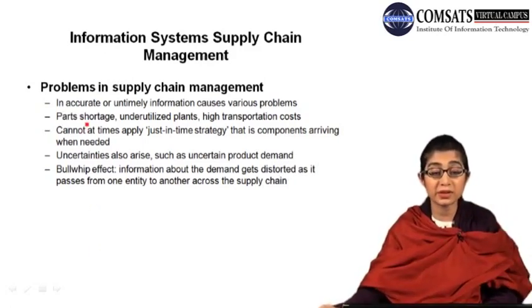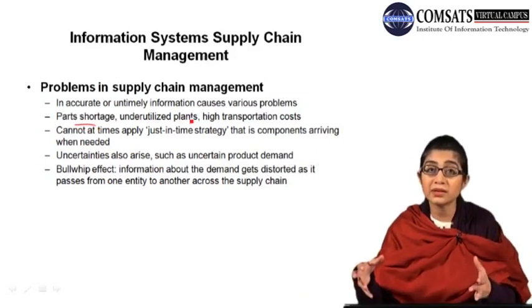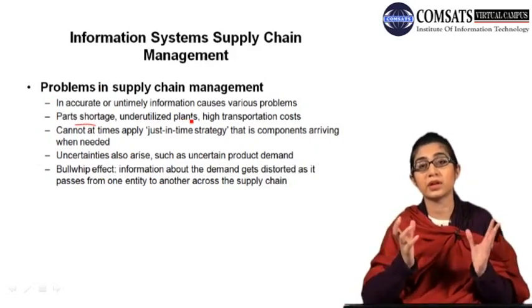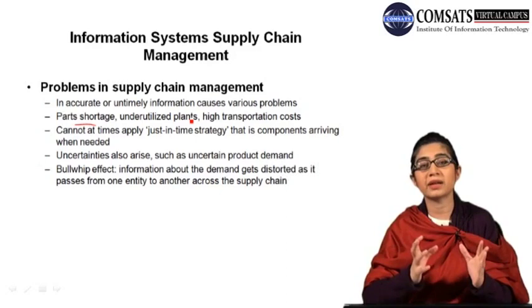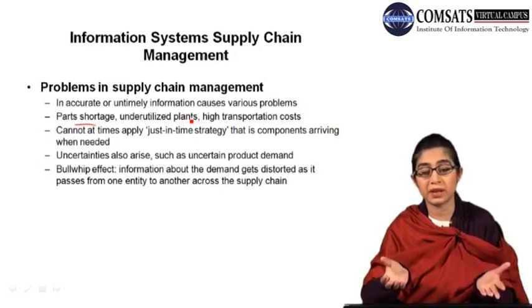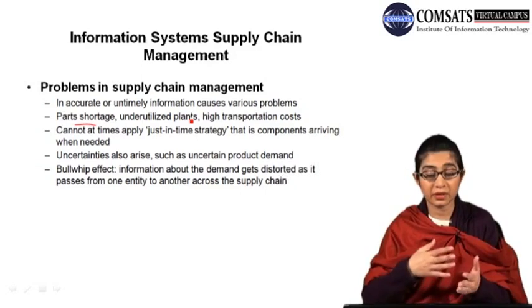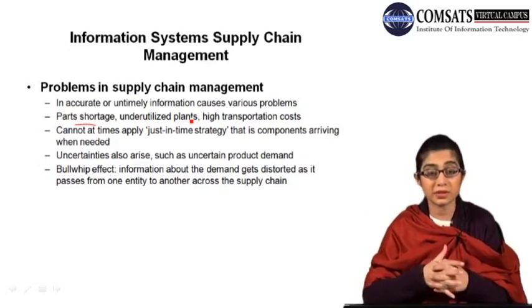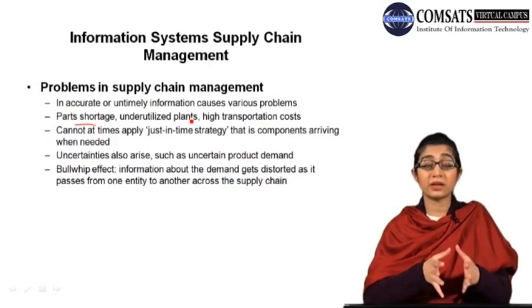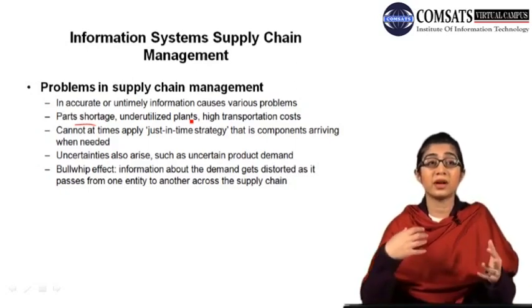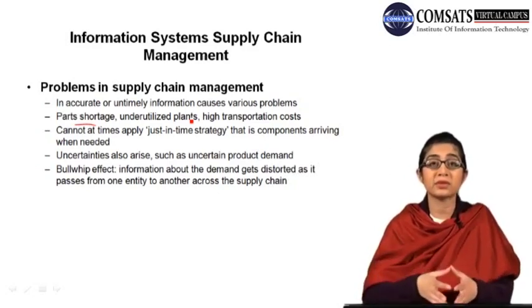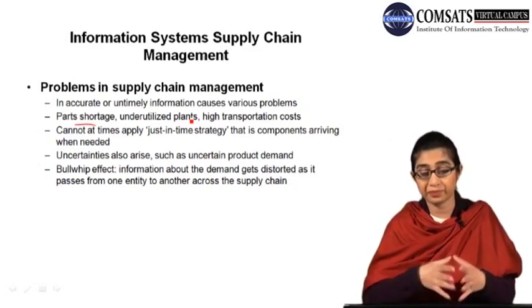You can have parts shortage, you can have underutilized plants. For example, आपके plants हैं लेकिन you're not getting enough raw material या जो आप produce कर रहे हैं उसका इतना impact नहीं है, या customers वो buy नहीं कर रहे, that means the plants वैसे ही पड़े हुए हैं. और अगर आपके कोई गलत किस्म की information आ रही है and the products are being delivered from the distribution centers, again high transportation costs आ सकती हैं. इसके अलावा अगर कोई गलत किस्म की information है about the demand of the product, again excessive inventory collect हो सकती है, that again puts a load on the warehouses and the distribution centers.